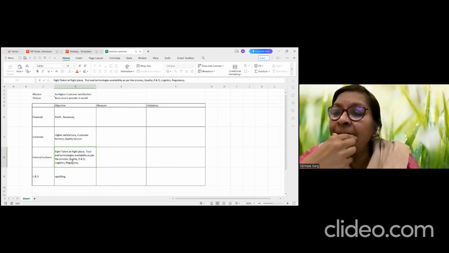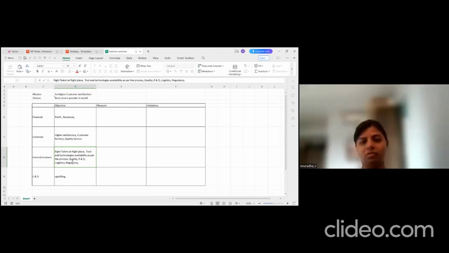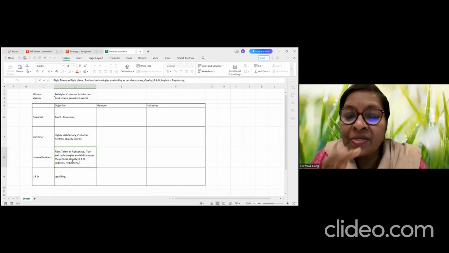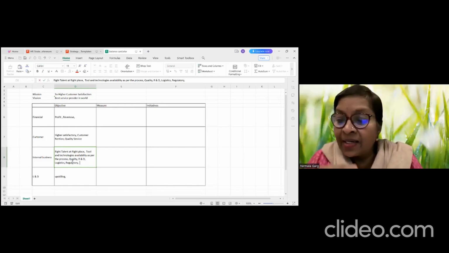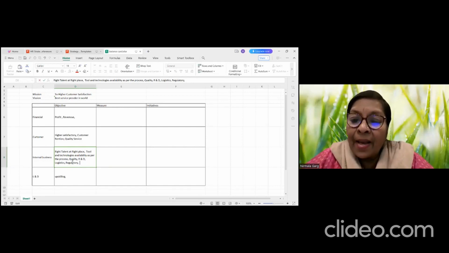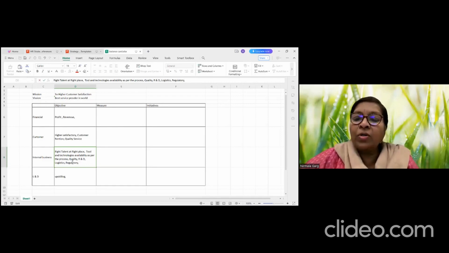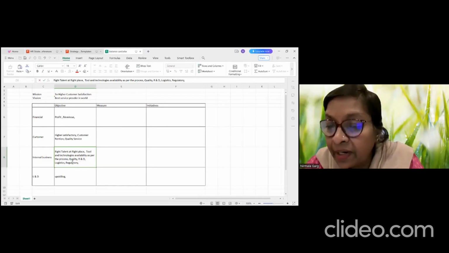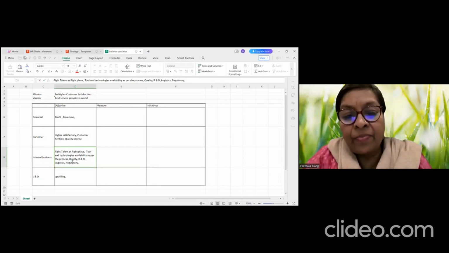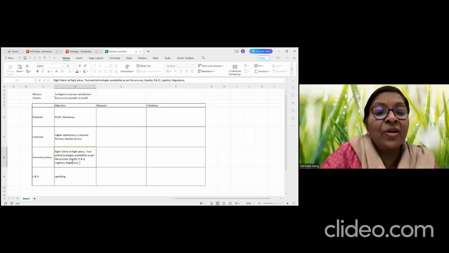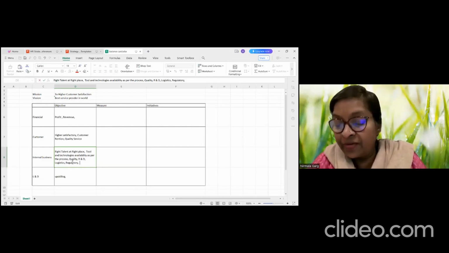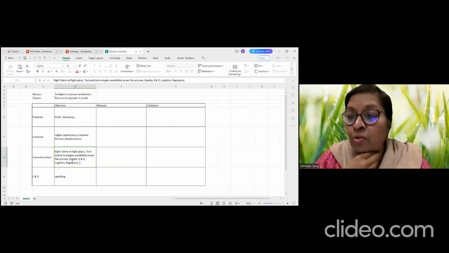Have you understood what it is? Yes, ma'am. It is simple. You have to identify one or two objectives in all these perspectives, and as I said, they are not in isolation. Then you are creating a map which will help you see what causes what, the cause and effect relationship. I will show it to you in some time. Don't worry, guys, you have done your best, but you have gone to the next level of putting measures and targets and initiatives, which I'll help you with, especially for your HR scorecard now.